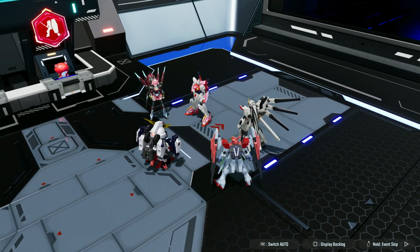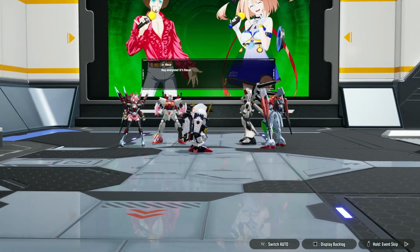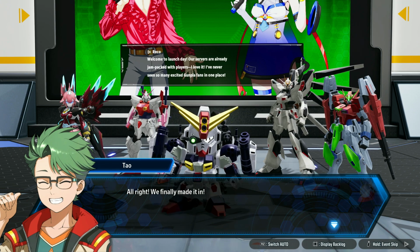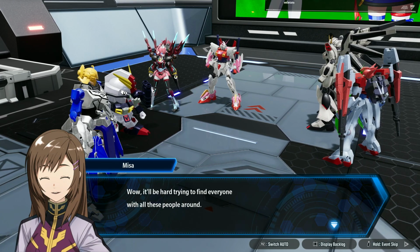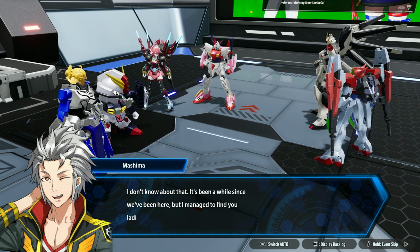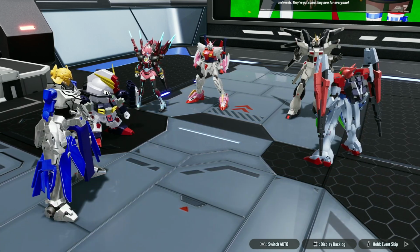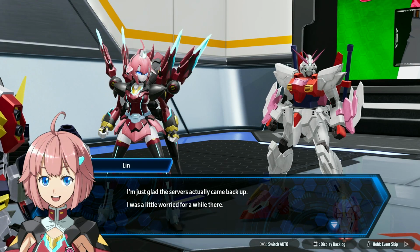What is going on with our clan? They seem to be having a fairly good time, and that's right. I think Lilin is still in the computer, I believe. So, you know, resting, whatever the deal is. Wow, it'll be hard trying to find everyone with all these people around. I don't know about that. It's been a while since we've been here, but I'm not surprised. Remind me to equip a hyper jammer the next time I get a chance, would you? Jeez, you two are still... Yeah, apparently they are. I was a little worried for...